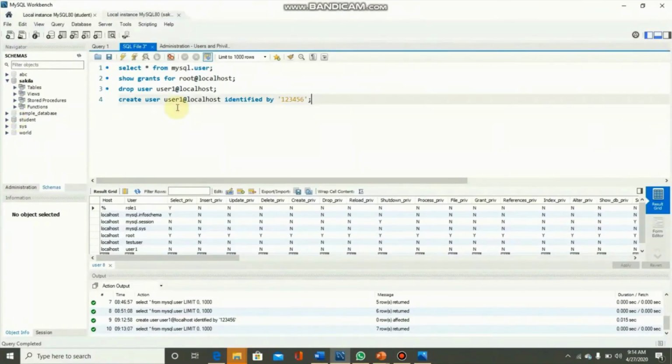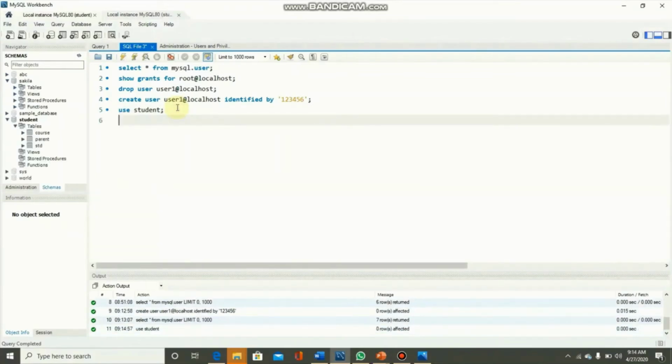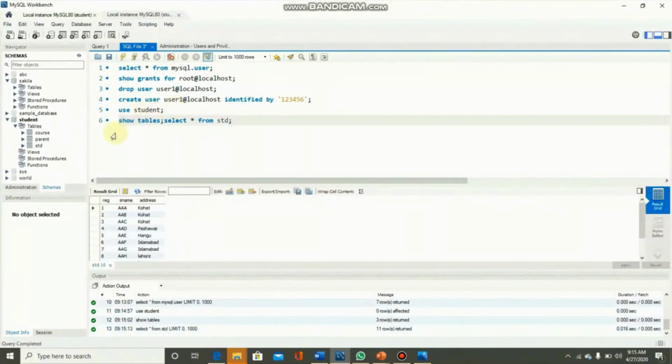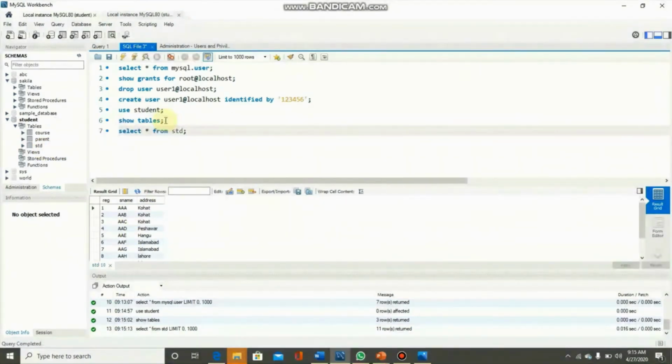For example, if I type here use student and then show tables, tables are displayed, then select * from std, content lying in the table std are also displayed with the help of select query.